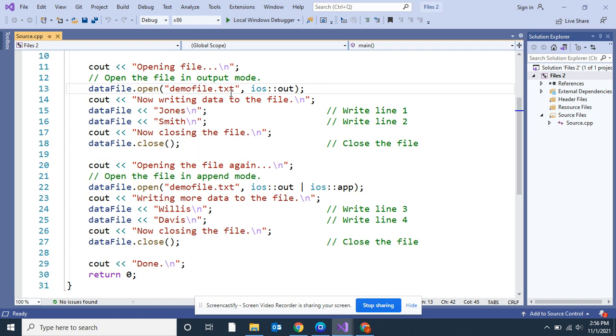Let me back up. We made the file here. We wrote to the file. We closed the file. Close the file there. Now we're opening it again. Same thing. You see data file.open, demo file.text, input, output, out. We got something new here. This straight up and down line, and then iOS: